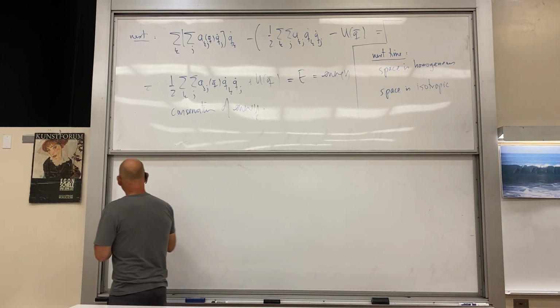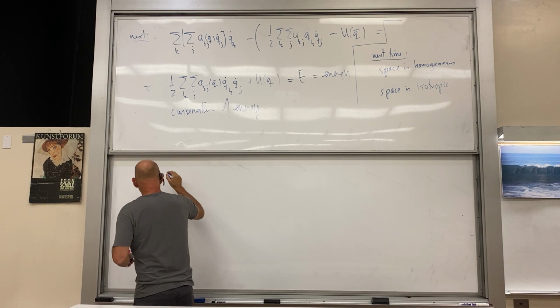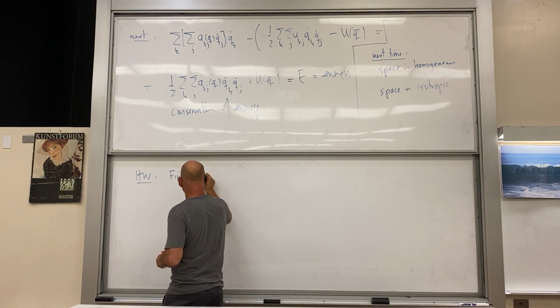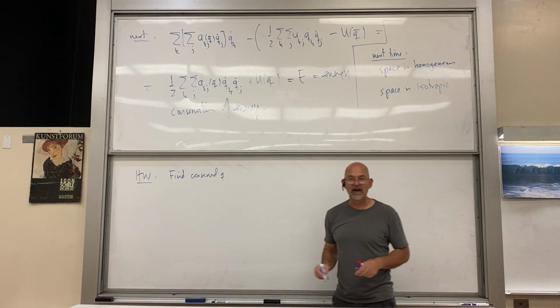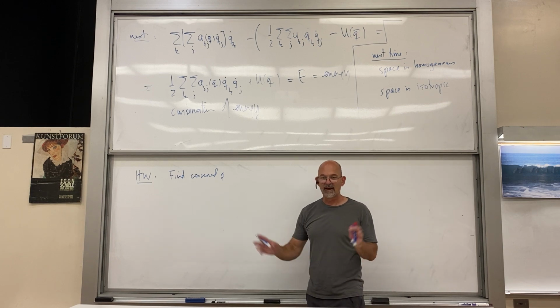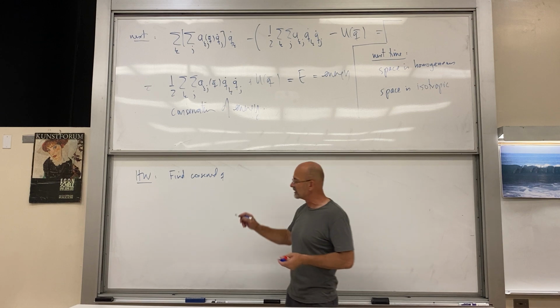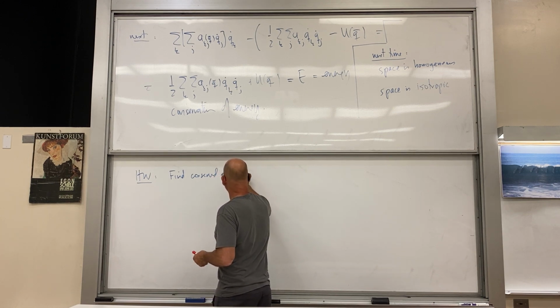So let's call this homework. Find conserved quantities. By the way, if the Lagrangian is time independent, doesn't have explicit t, then you can immediately say energy is conserved. So you know, I put that in your result. Find conserved quantities